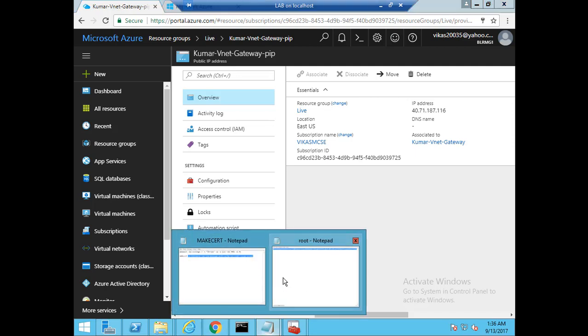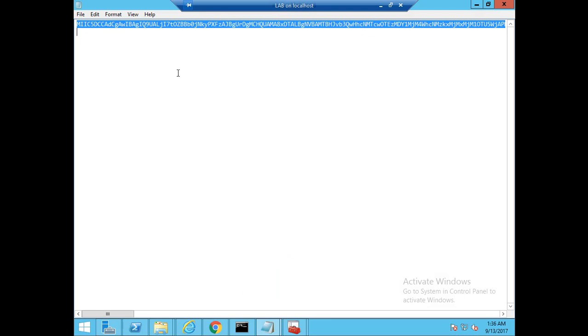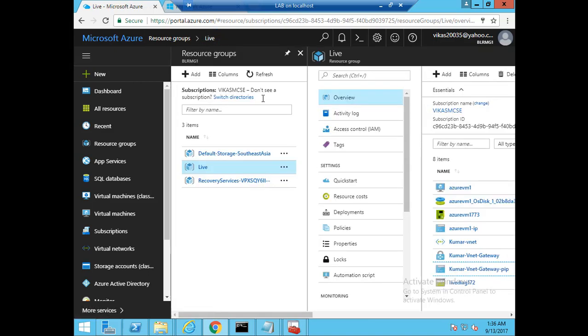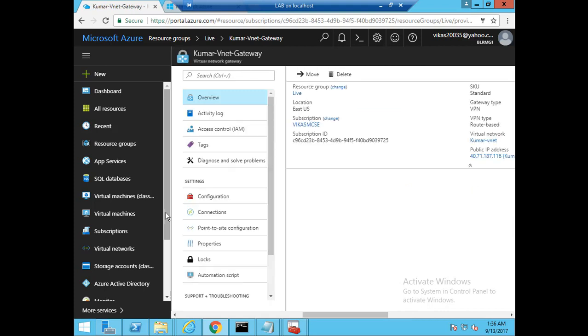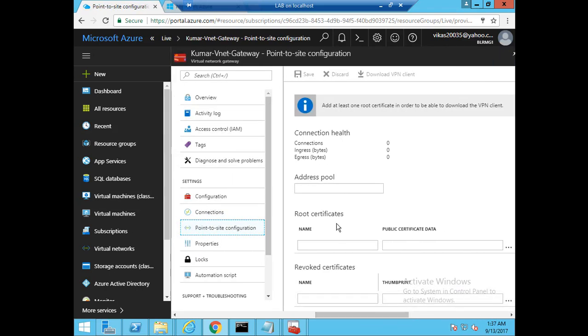So my certificate thumbprint, we already made it a single line. So I'll go to my live resource group, I'll go to my gateway and enable point to site, the address pool for the client side. This should be an address pool which we are not using in the VNet. It should be outside the VNet scope. So I'm giving